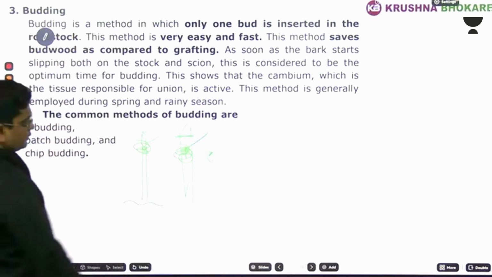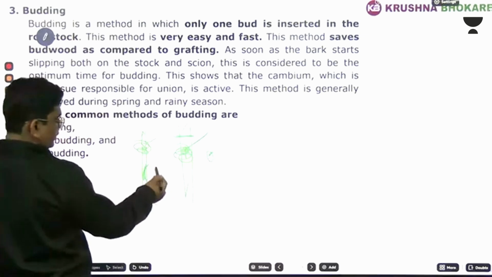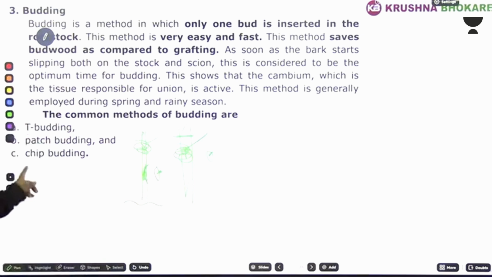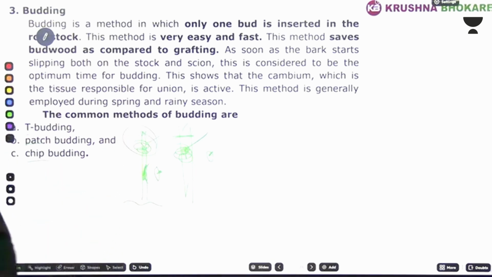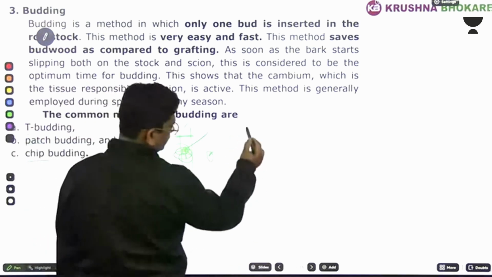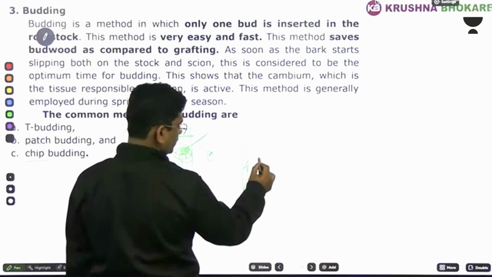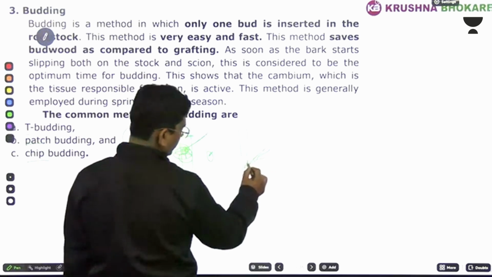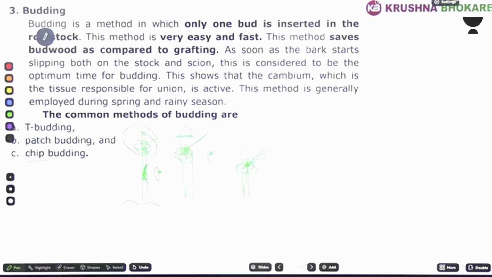Patch budding is just like patch, side budding बोलते हैं, ऐसे patch निकाल देते हैं bark का and applying another bud's patch here. Okay. Then chip budding is like this one. या तो ऐसे कर देते, देखो, this is an original plant, notch बना देते ऐसे notch, okay, in a branch, and they are inserting here another scion, this branch here, okay, and then they are packaging it. It's called ये वाला notch का chip budding.